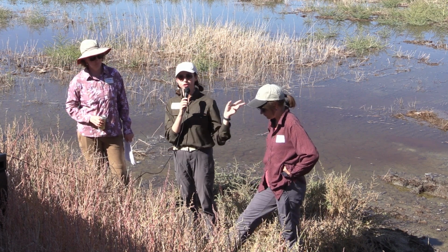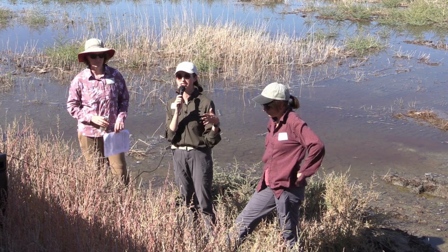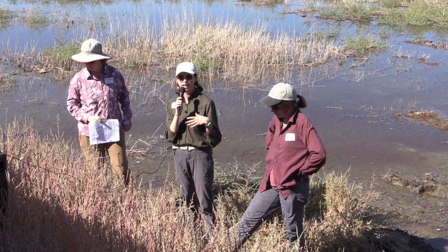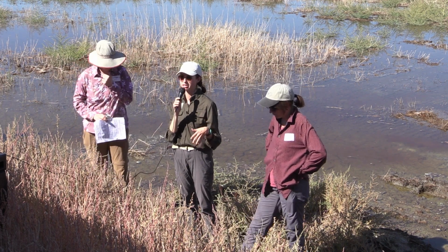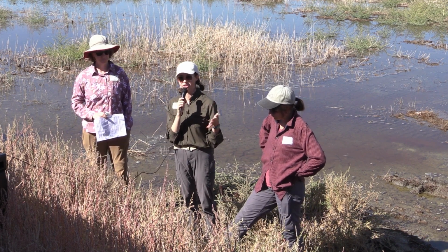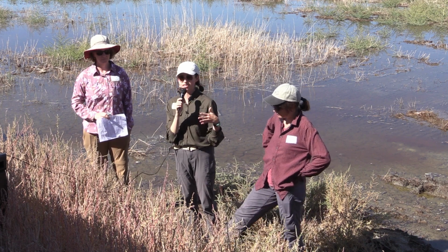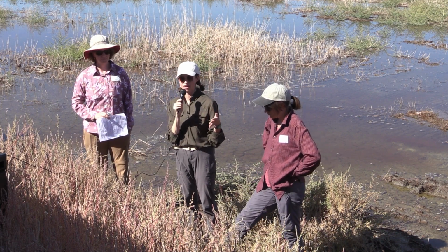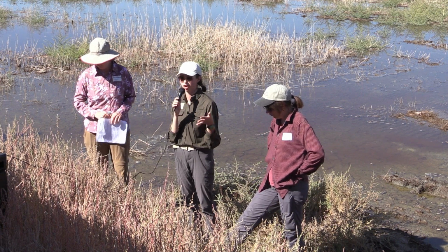So 2 of the treatments here are also looking at delayed timing of seeding. One of these is a delayed germination treatment in which half of the seeds in this diverse mix were treated to break dormancy, but the other half wasn't. This is a way to build up the seed bank and mitigate against potentially unfavorable water levels when you initially seed, because some of the seeds are not going to be